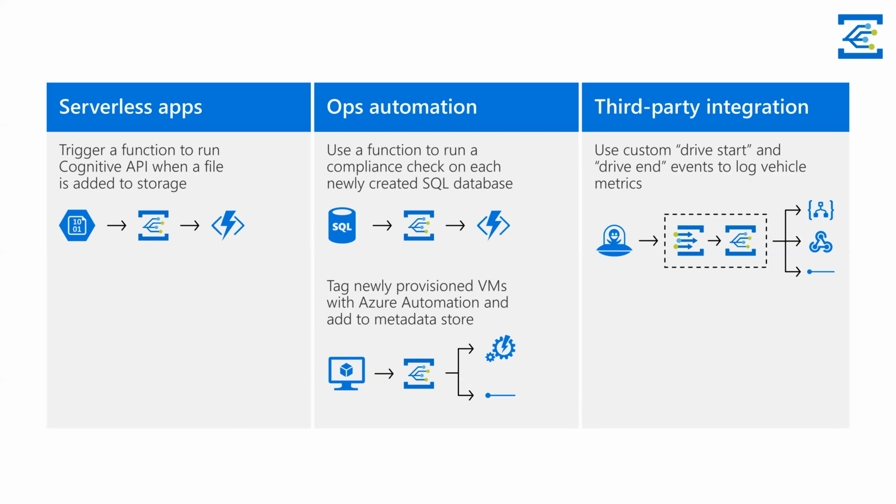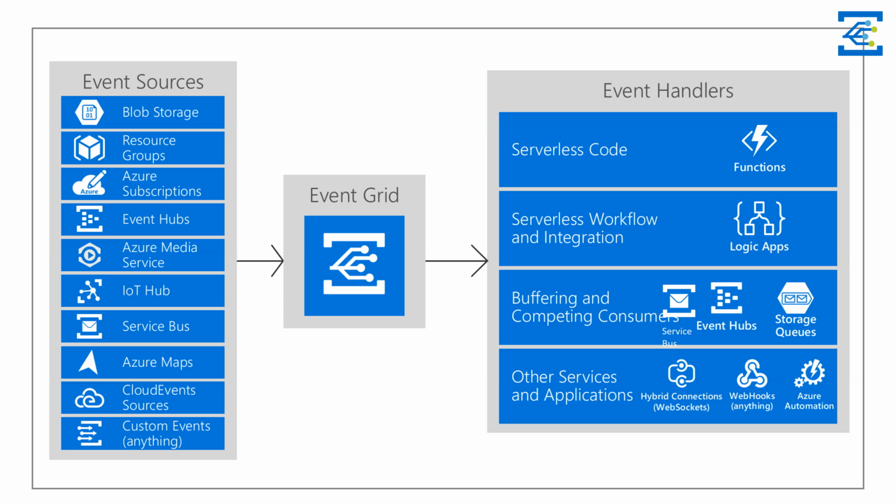And Event Grid is the man in the middle, if you wish. It connects between the systems or the services that have events to publicize on the left side, and on the right side, event handlers that will be processing those. Now, this is just an example. We'll go into details, but you will see a lot of Azure services on the left side, except the last two items, CloudEvents and custom events.